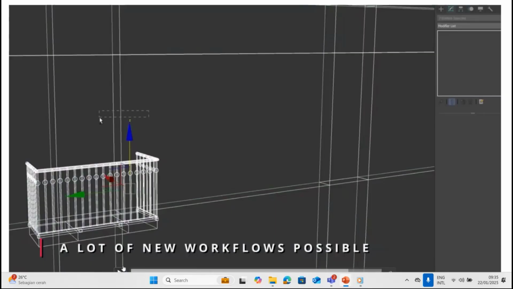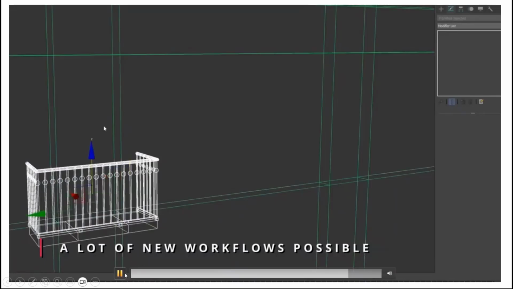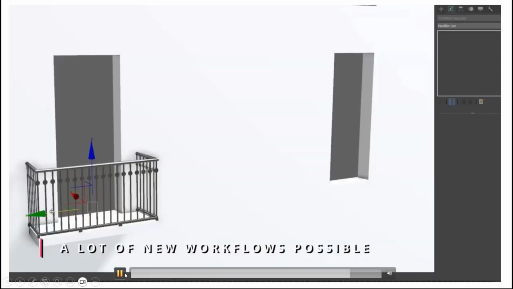But this is modified using the array modifier. See, now you just click and then you want to extend.